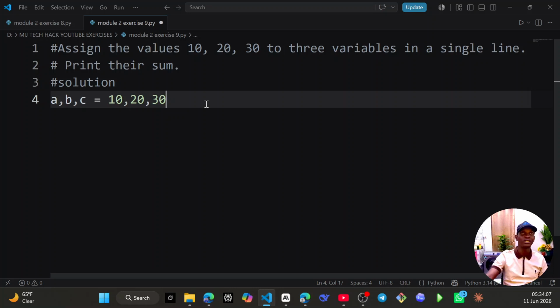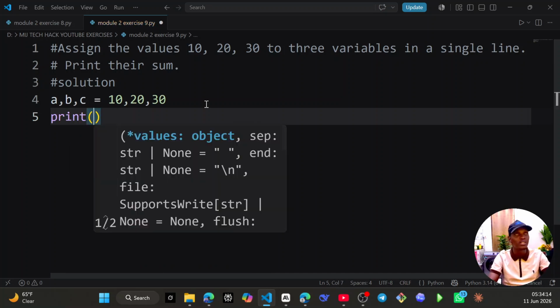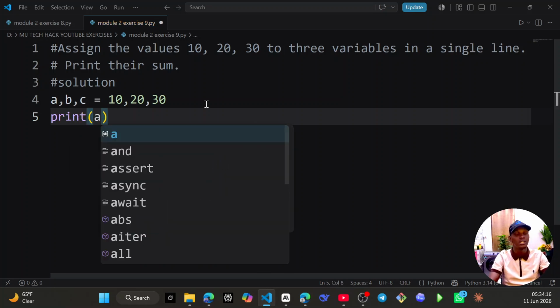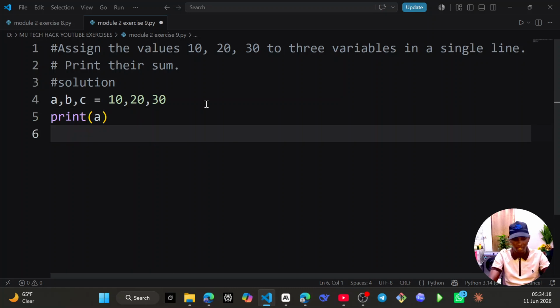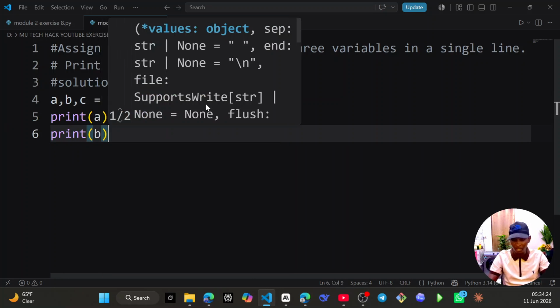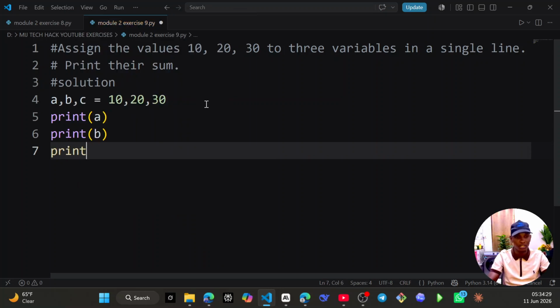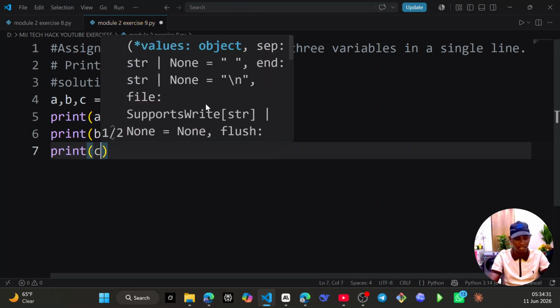So we shall have it as that, and then let's try to print A to see whether our A has taken on the value which is its value, which is 10. Then we shall later also print B to see whether it has taken on its value, which is 20. We expect its value to be 20. Then let's again print C to see whether it has taken on its value, which